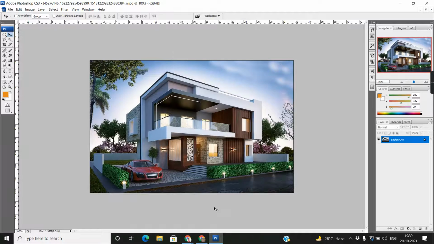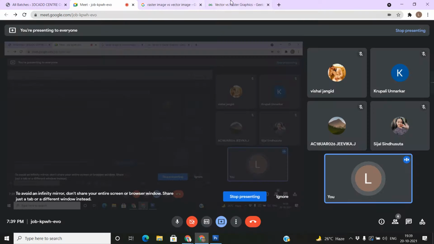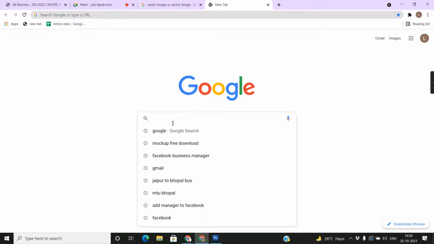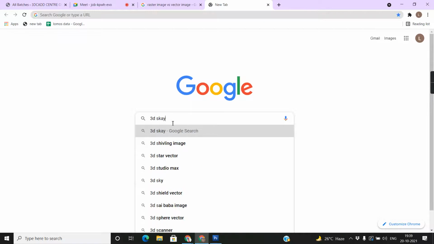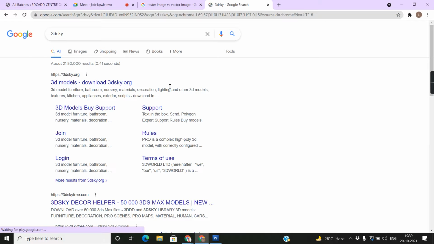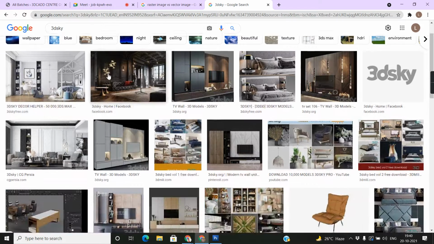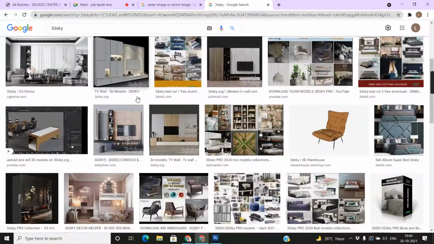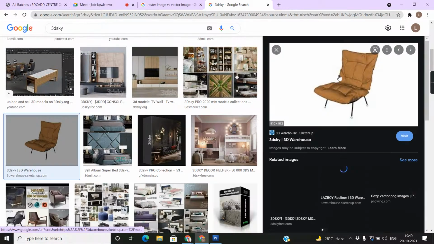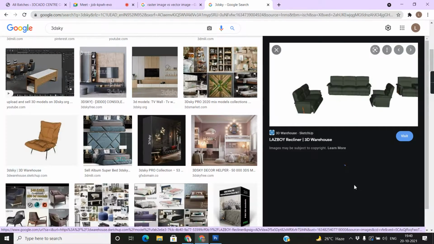And see, I'll explain one important thing. If you open any image from Google and you want it for editing, suppose this one, don't download it.